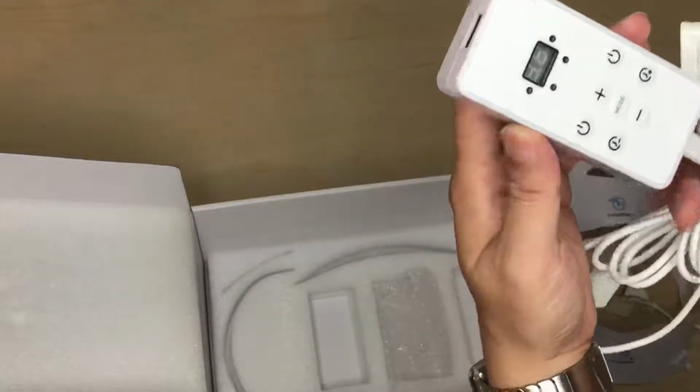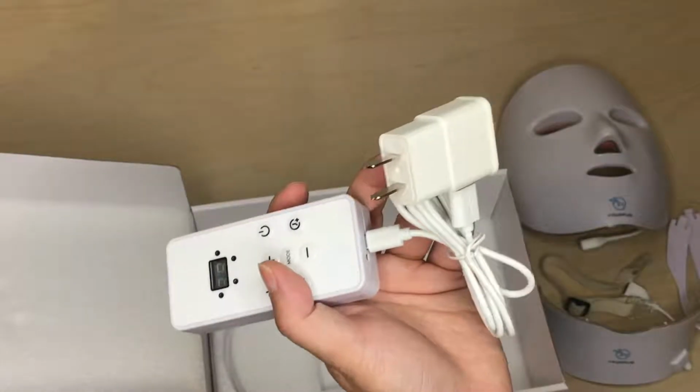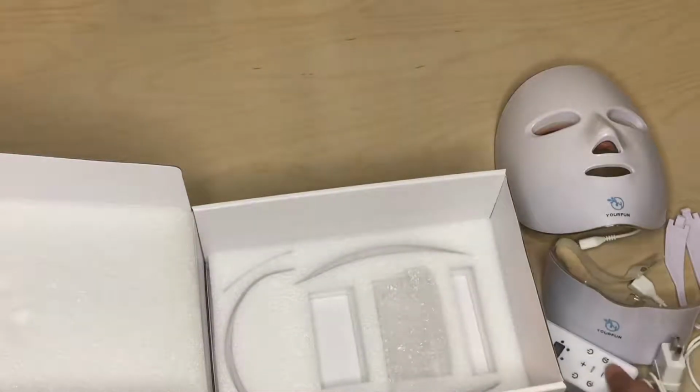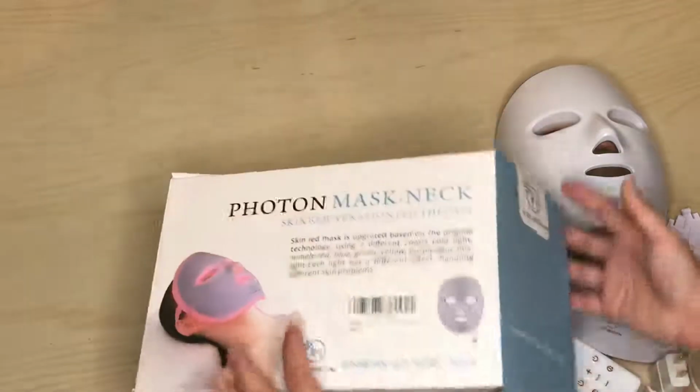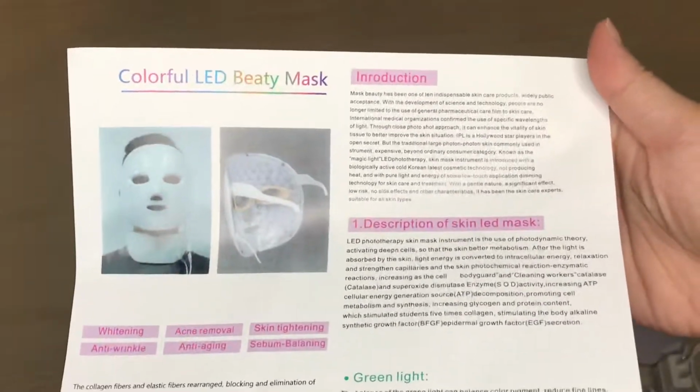Okay, so I assume there's a battery pack in here that you could charge, and then it'll run both your LEDs at the same time. So you don't have to be plugged into the wall to use this, and you can just lay down in bed. I'm not going to read through the whole instructions, but if you want, freeze frame,